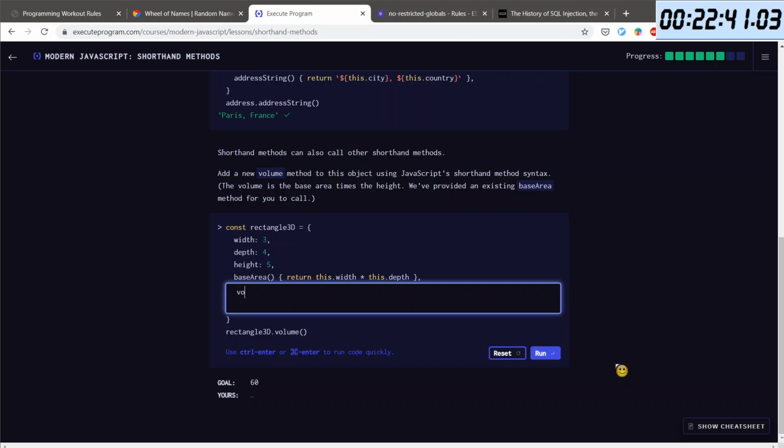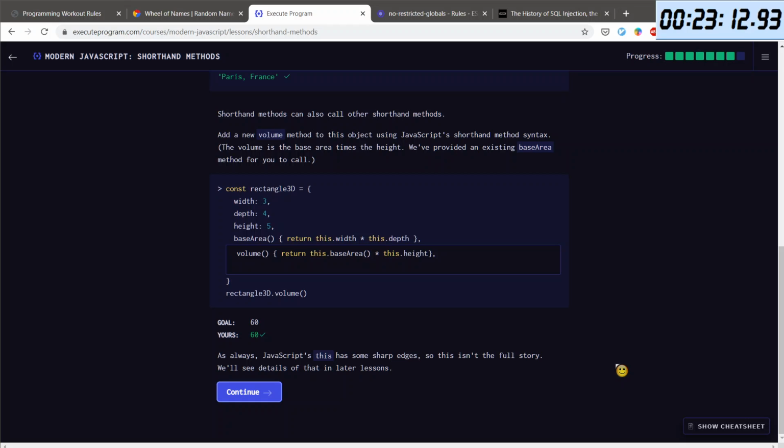So volume, and it will do nothing. We will return this dot base area times this dot width depth height. Okay,